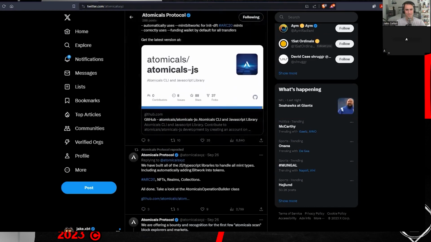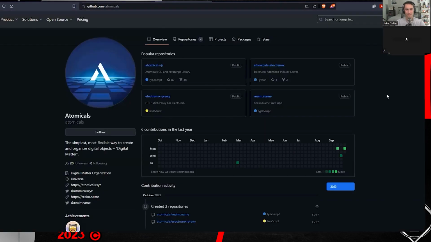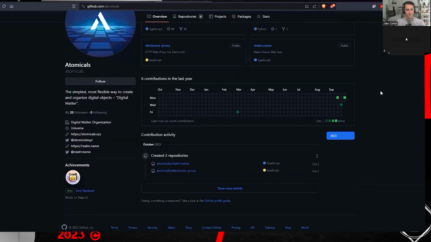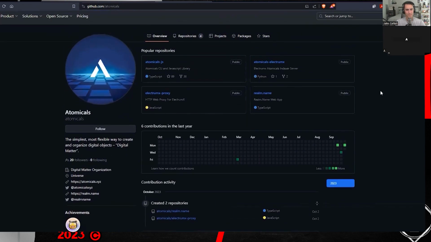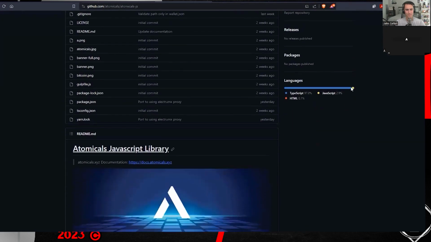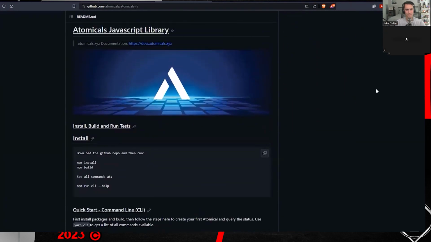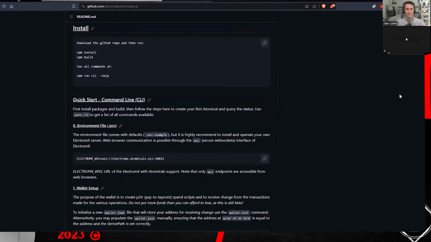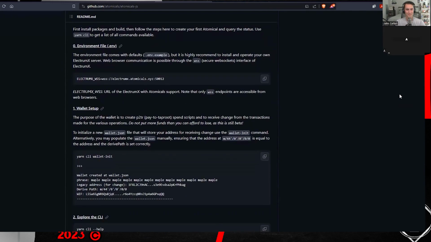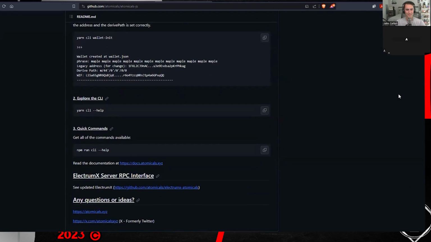So this is not only a throttling mechanism to protect claiming of names and tickers, it also allows people to create a vanity atomical ID where maybe your token has the prefix as the ticker symbol. So it looks cool, right? And having a vanity transaction ID is pretty cool. That's the second benefit. The final benefit, which I think is the most important, is that we don't get this situation of BRC20